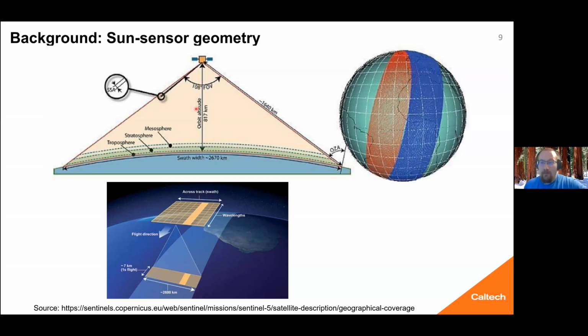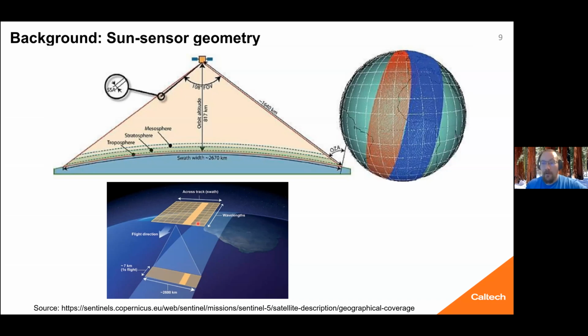And it has a very wide width. You'll see here that it's about 2,600 kilometers wide. So what we have is the satellite is actually sampling many different points on Earth's surface at the same time. It's not sampling just one point. And each one of these points on Earth's surface, you can think of it as a grid here in this lower figure. Each one of these footprints is going to have a